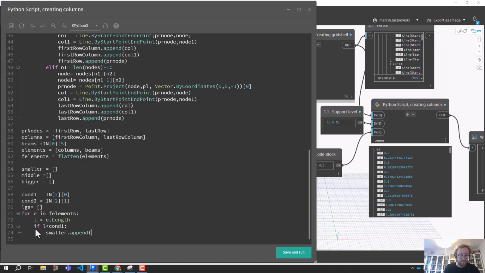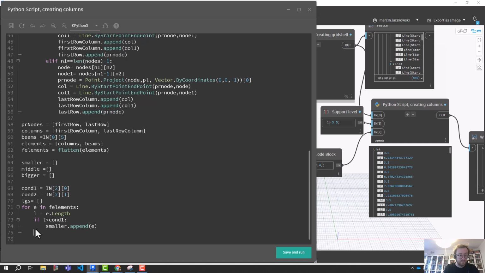Append E. Then L, if L is bigger than condition 1 and L is smaller than the condition 2,